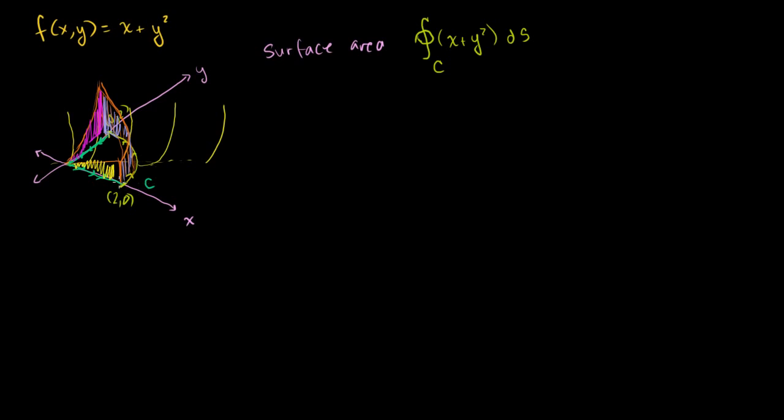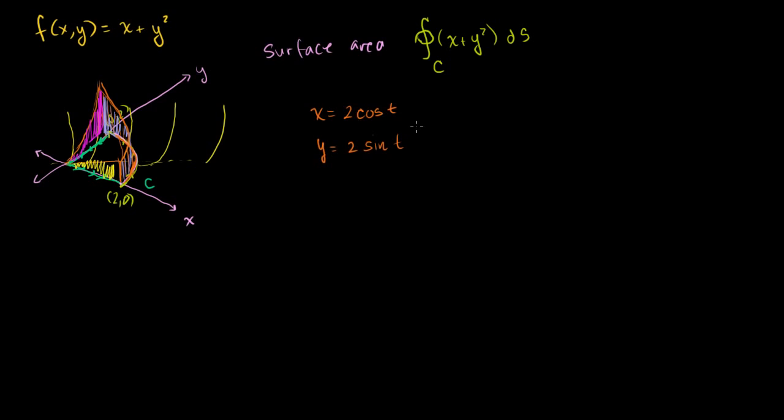So the first part, let's do this first part of the curve where we're going along a circle of radius 2. And that's pretty easy to construct. If we have, let me do each part of the contour in a different color, so if I do it orange, this part of the contour, if we say that x is equal to 2 cosine of t, and y is equal to 2 sine of t,